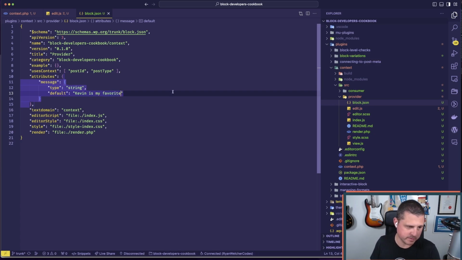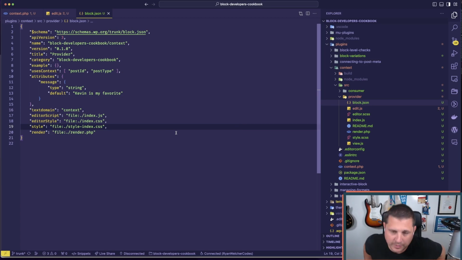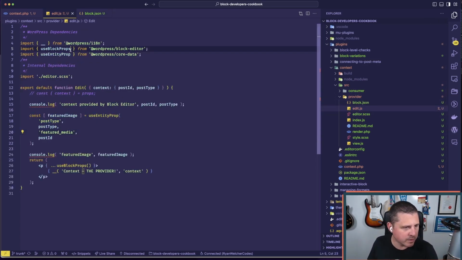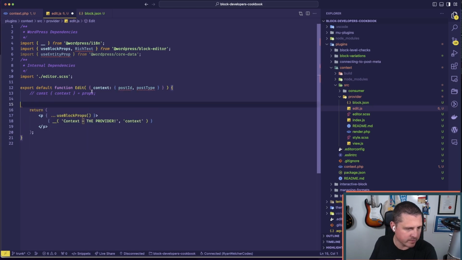I'm saying this because poor Kevin. And then the other thing we're going to do is import the rich text component here, and I'm going to get rid of this because we don't need any of this stuff. I'm not actually going to use context for any of this